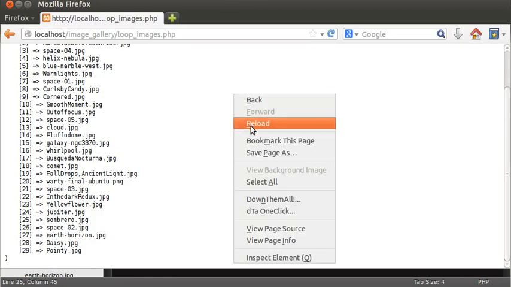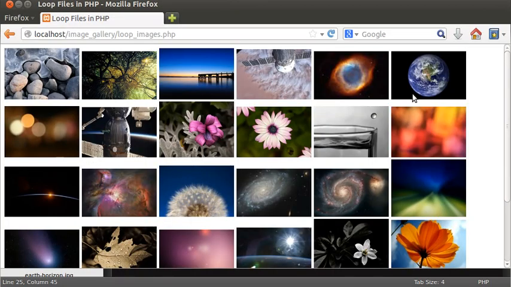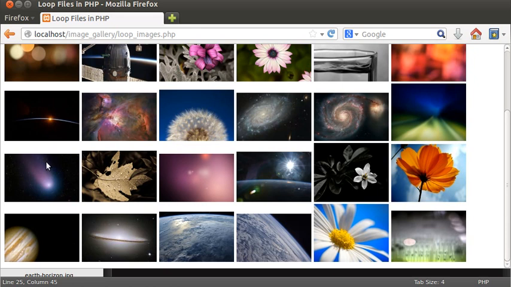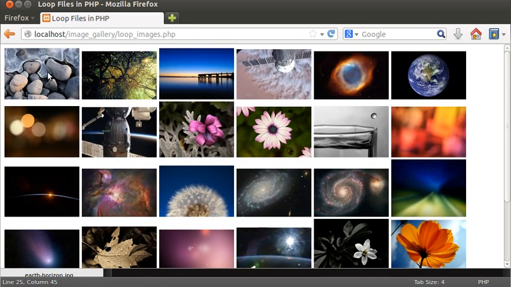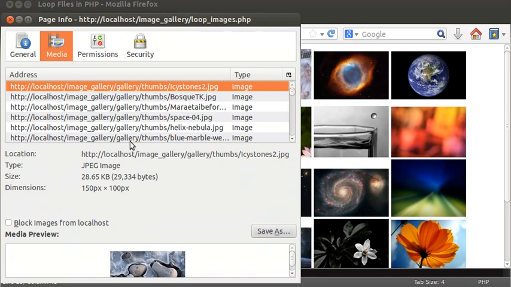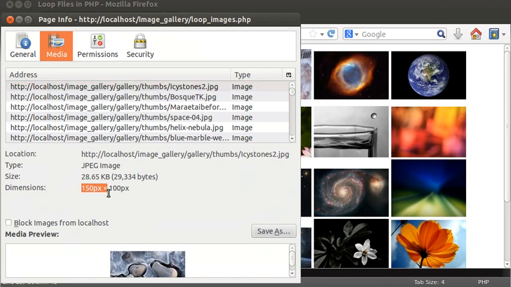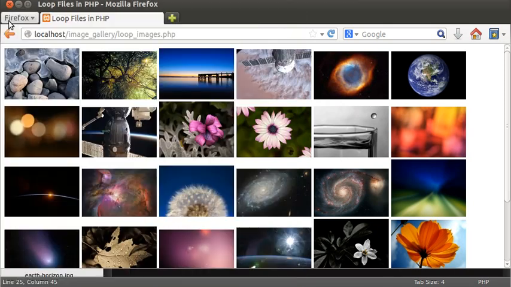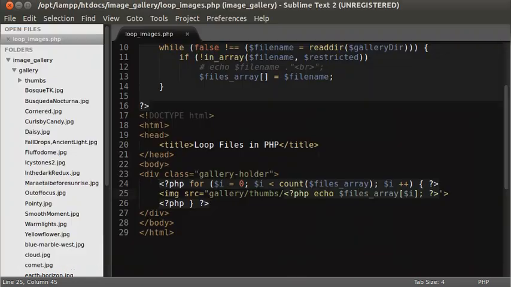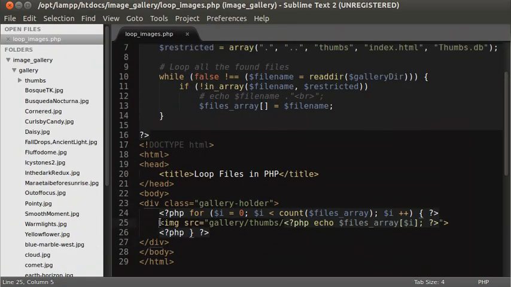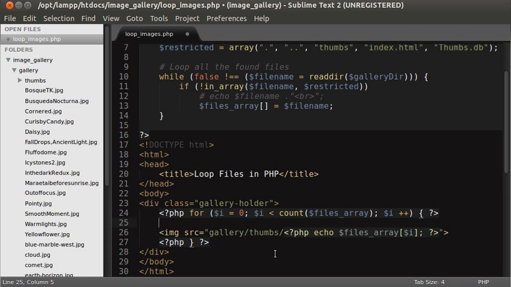I'm gonna reload here, and as you can see here, everything's working fine. We can see the images here. Of course, this is a smaller version, downsized image, 150 by 100 pixels, meaning that we are looping files from the thumbs folder. Now we will also create an anchor tag which will transfer us to the full-sized image,